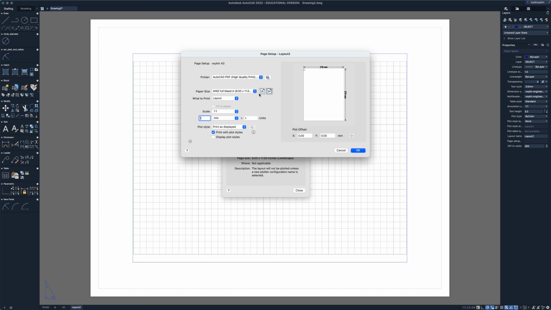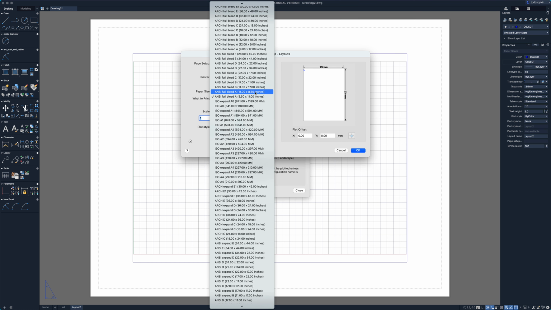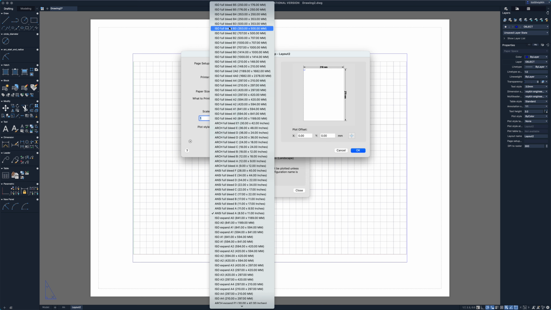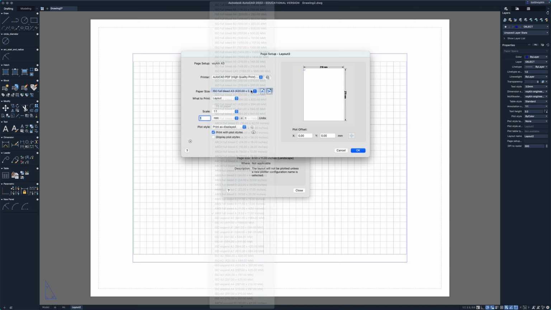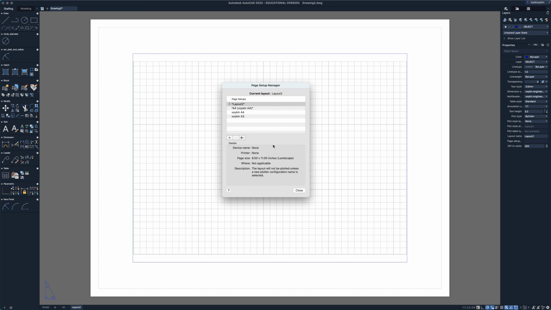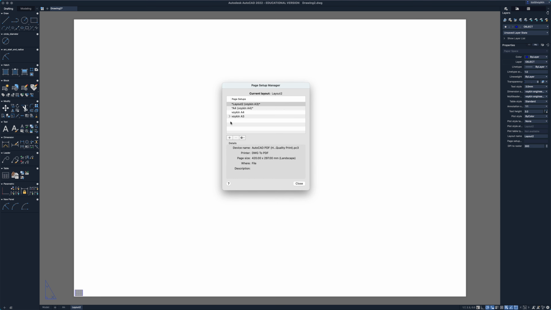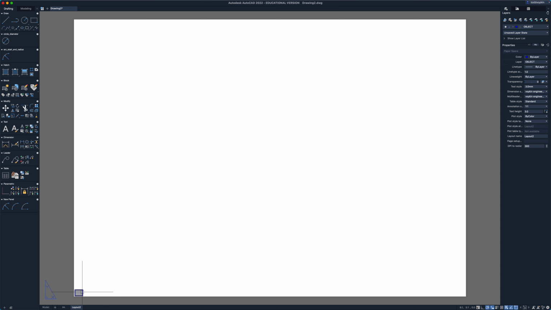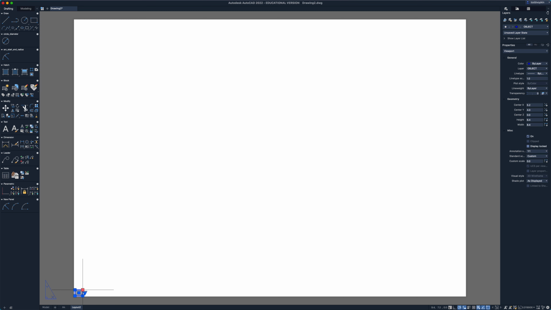Make sure it's on landscape, and we're going to go up to the top again to this ISO full bleed. What we're looking for on an A3 is 420 by 297, A3 right there, and that looks great. Again, double click on A3 to make that the current paper style, close it, click on the viewport, drag it to the top,